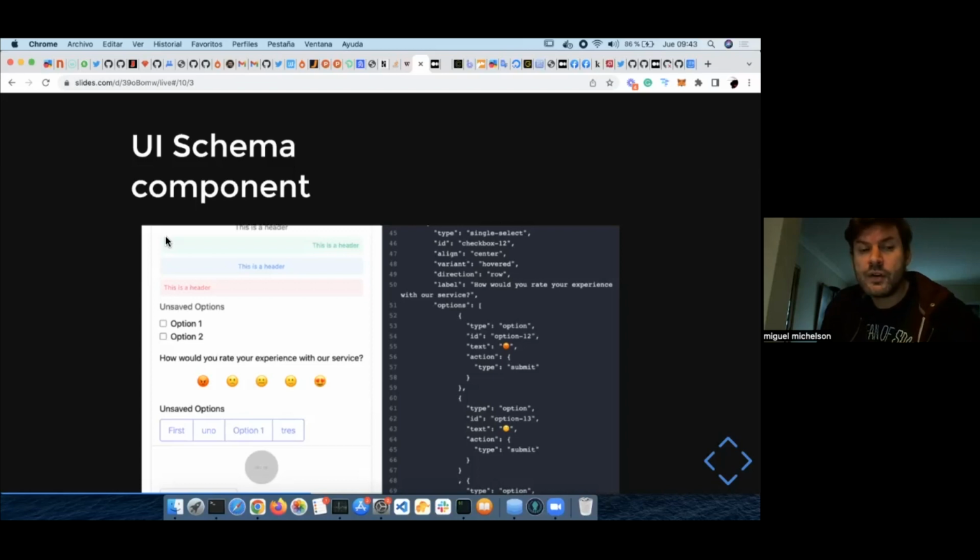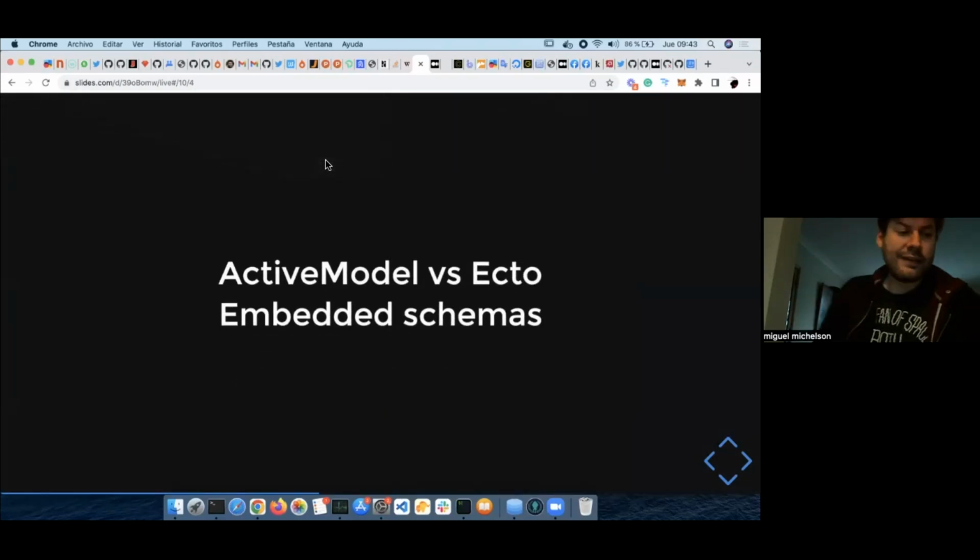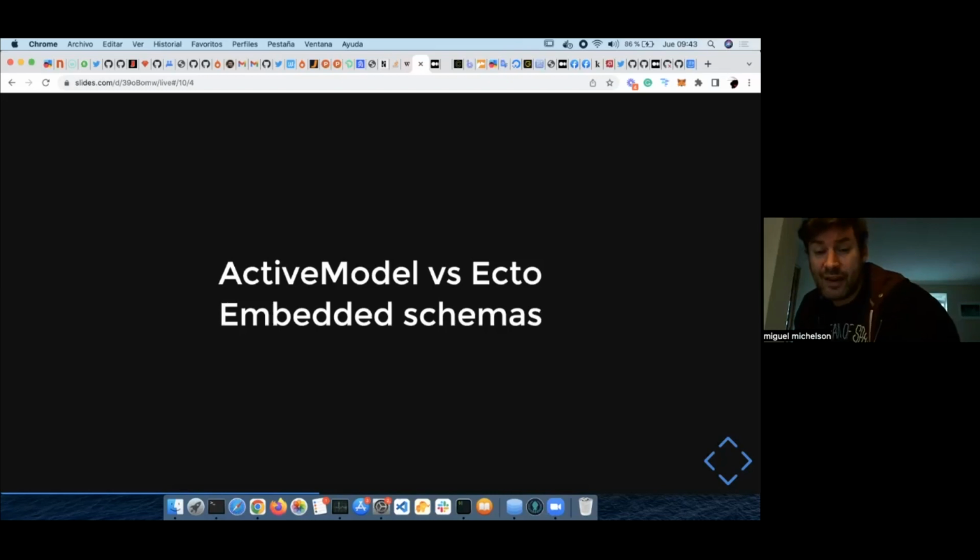So in order to validate those JSON structures, I used a library called Active Model on the Ruby side, right? This Active Model is a library that includes many of the functionalities of the ORM, ActiveRecord, like validation, callbacks, attribute methods, and so on, but without necessarily tying these objects to an actual database, right? So that's the great thing about Active Model.